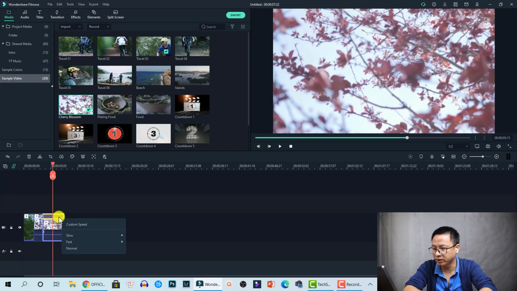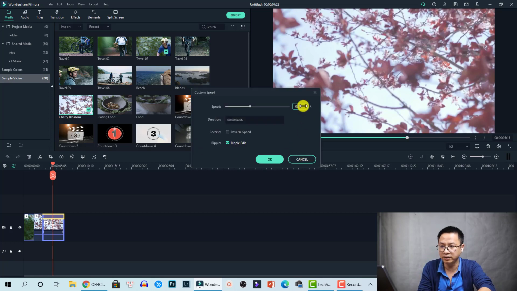And also you can reset the speed at this button here, reset it to normal, or choose another slow down option and fast forward option. And you can even open the custom speed window. Here you can control the speed with the exact number. Here, for example, I can type 0.5 to slow it down, or I can type 4 to speed it up